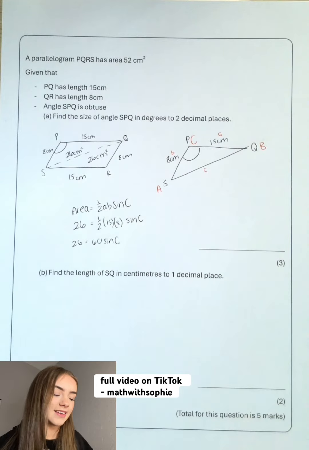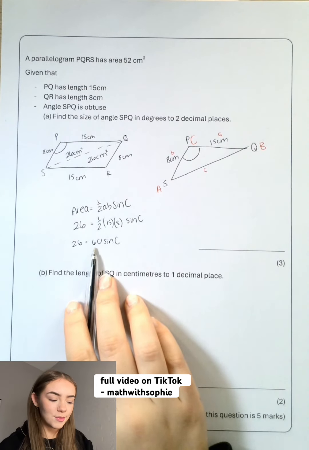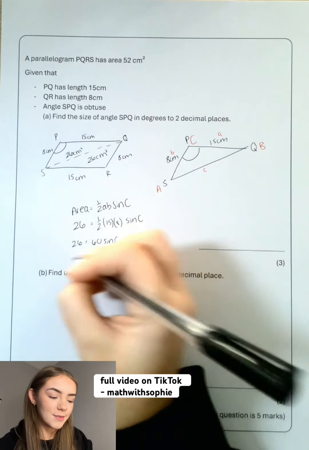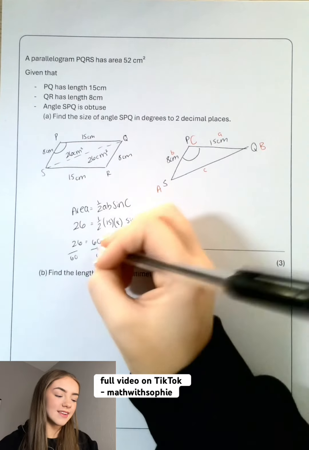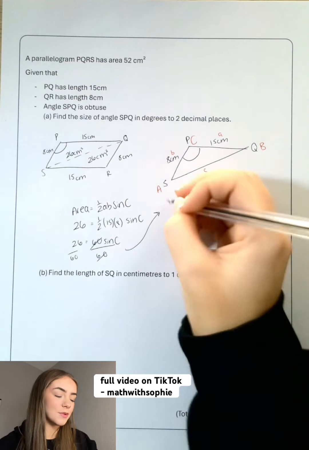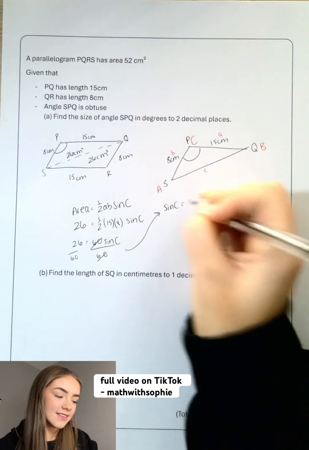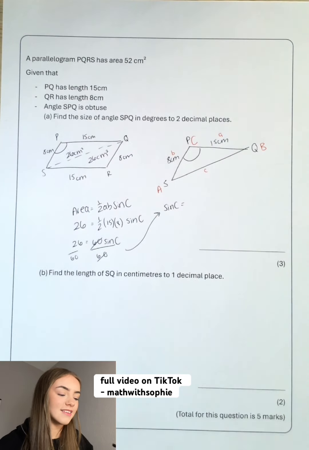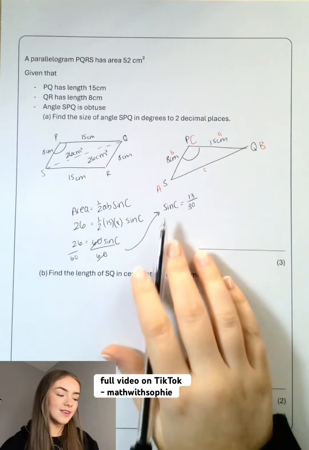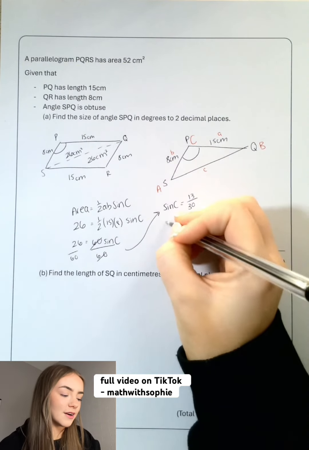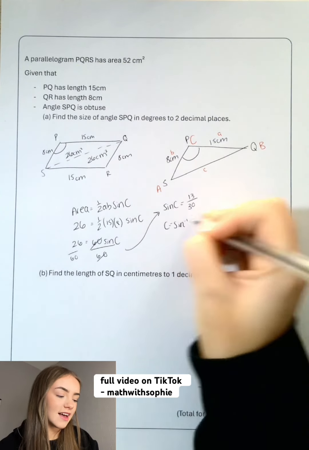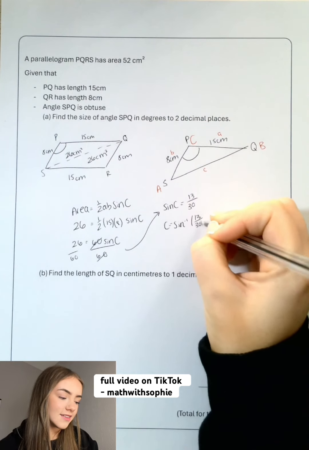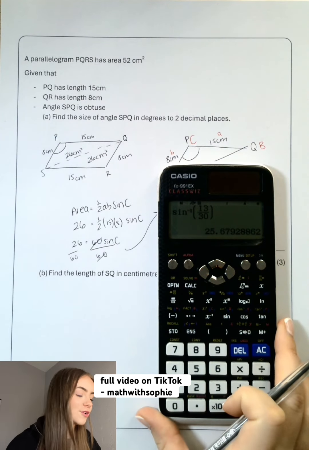multiplied by sine C. To get sine C on its own, if it's multiplied by 60, we can just divide both sides by 60. On the right hand side, 60 divided by 60 will cancel out, leaving us with sine C is equal to 26 over 60, or simplified, this is 13 over 30. We don't want sine of angle C, we want angle C, so we'll need to do inverse sine of 13 over 30. And this will give us an angle to two decimal places of